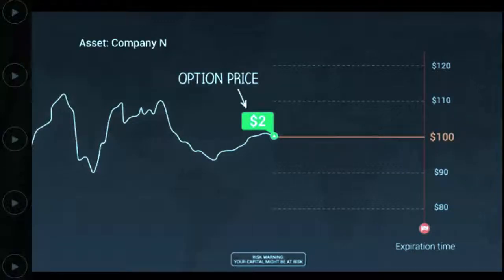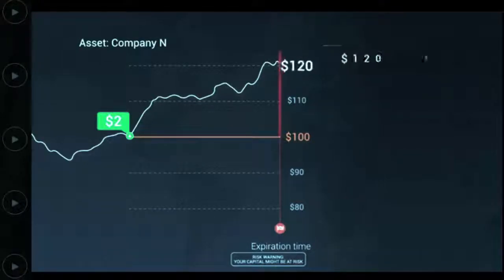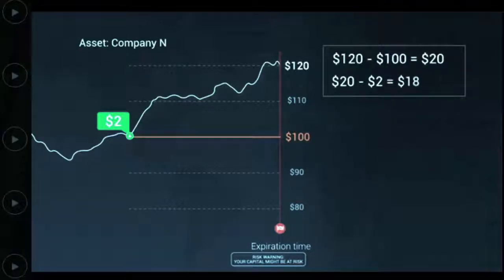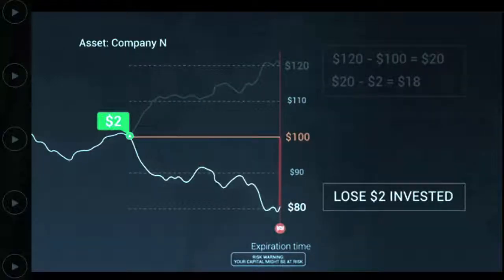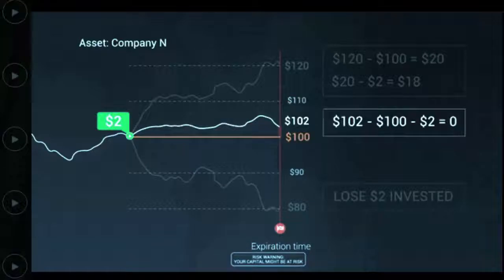Let's look at three possible scenarios. Scenario 1. The share price increases to $120 in a given time period. In this case, the buyer can exercise the option to buy shares at $100 and immediately sell them for $120, earning $20 minus the $2 that was paid for the option, for a total profit of $18. Scenario 3. If the share price increases to $102, the income will be $2, which covers the amount paid